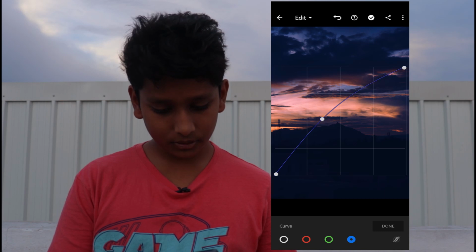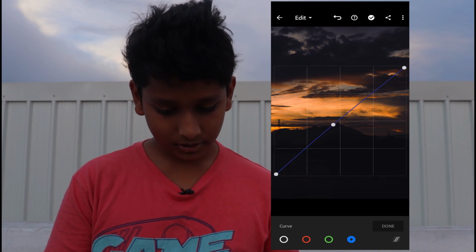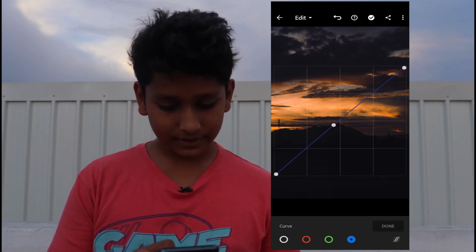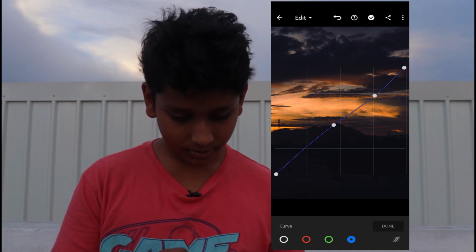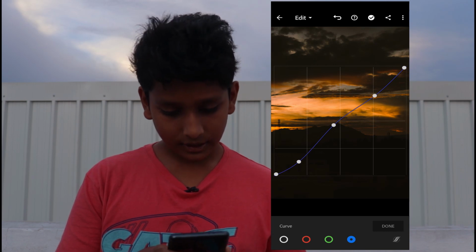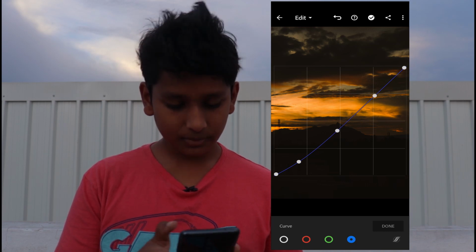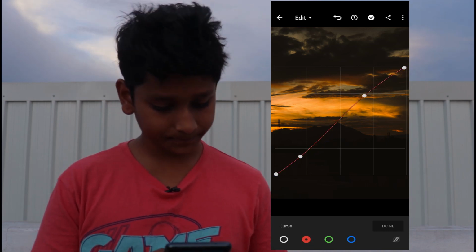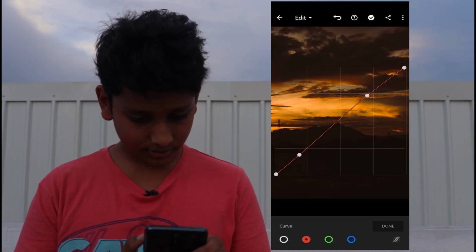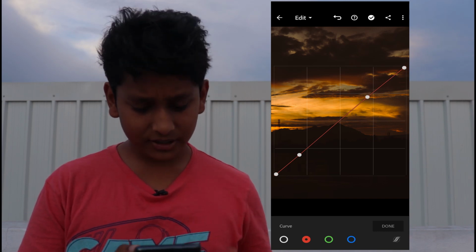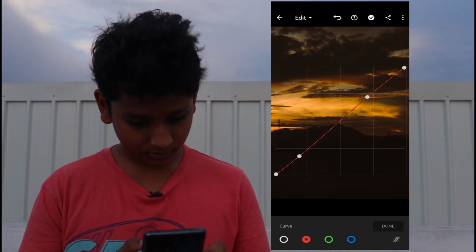You can increase the blues, and if you bring down the slider, you are adding warmth to the image. So now for this image particularly, I'm adding a little bit of yellow to the highlights, yellow to the shadows, and a little bit of yellow to the midtones so that this image looks warmer. Then I'm going to the red and improving the turquoise for some final adjustments, because after adjusting everything you might not like the first adjustments. So I am adjusting the red